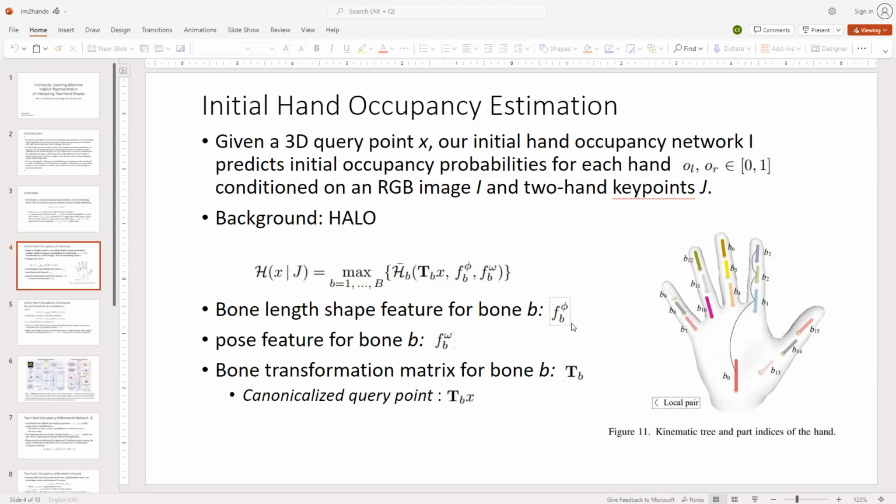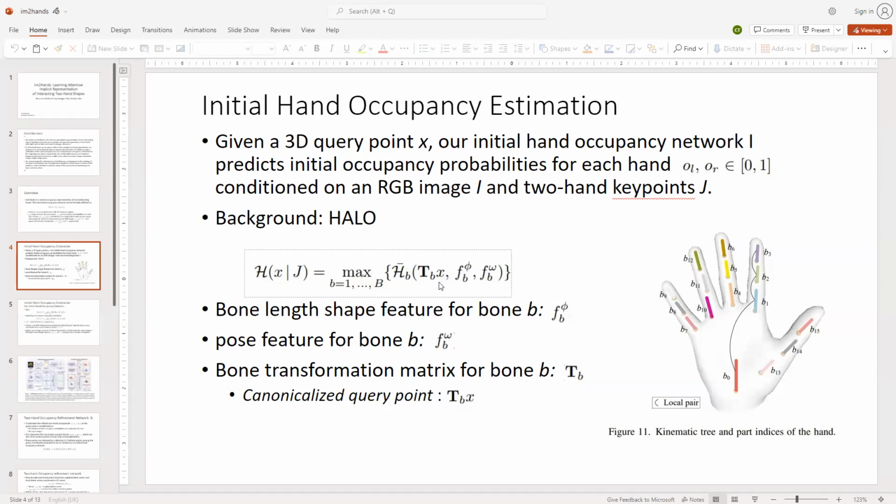So the bone shape feature is derived from an MLP, whereas the bone pose feature is derived from also an MLP, but that MLP takes as an input the transformation matrices for every single bone. So together, these features and the canonicalized query, you fit it into the H bar network meant for a particular bone, and you do this